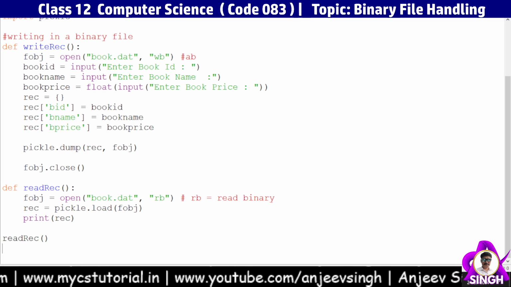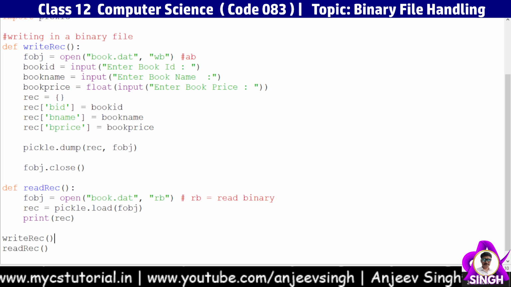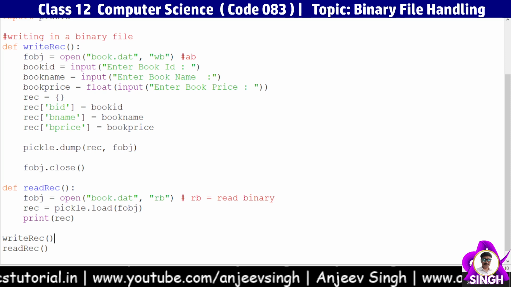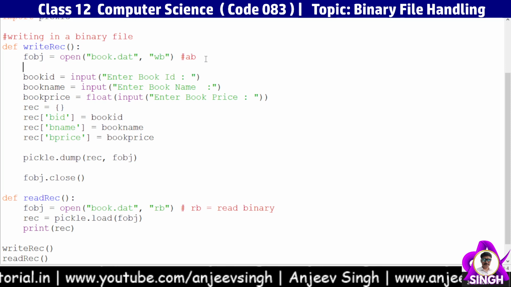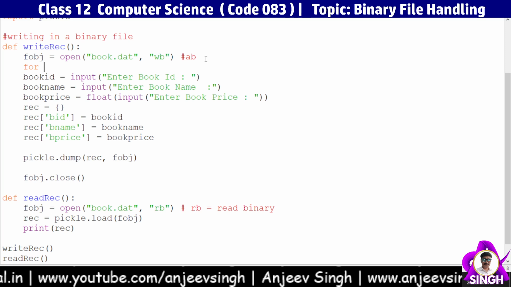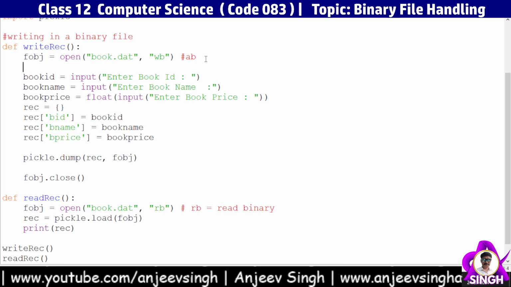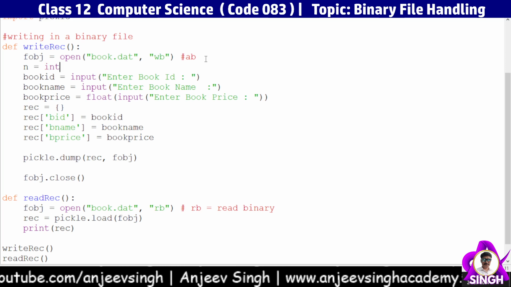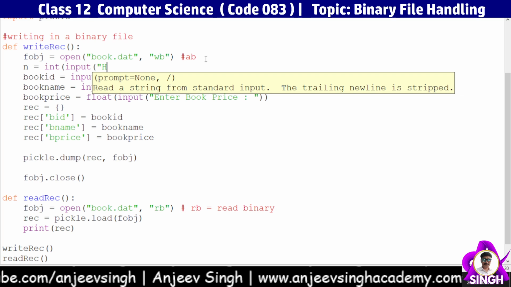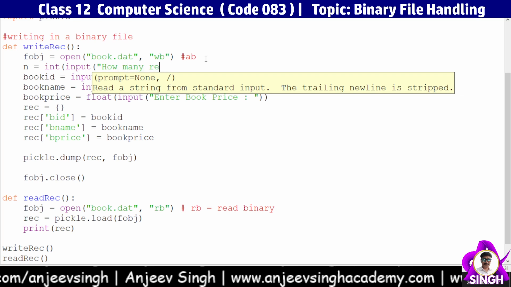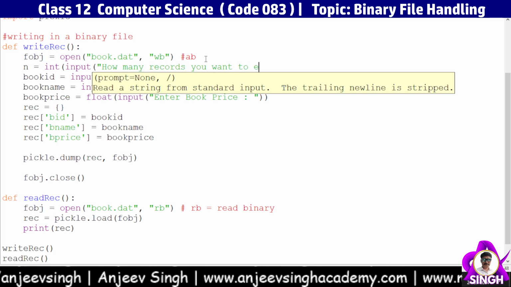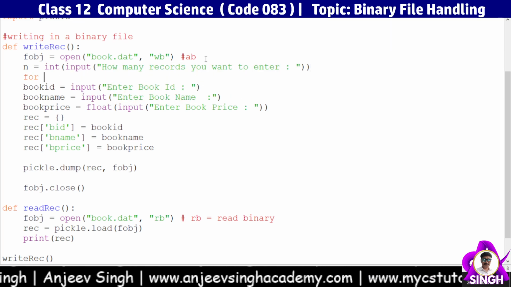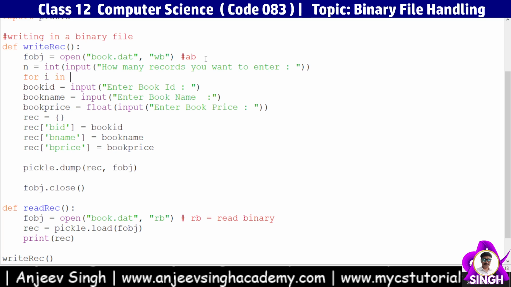Now I want to write more than one record at a time, so I'm going to call this write_record function again. How can I do this? This can be done with the help of a loop. While calling write_record, I can ask the user for the number of records. So I'm asking here int(input()), how many records you want to enter. This way you can ask the user, and now you write a loop, for i in range(n),